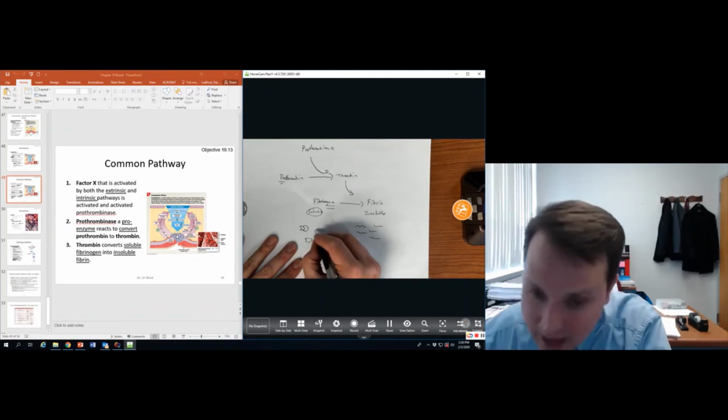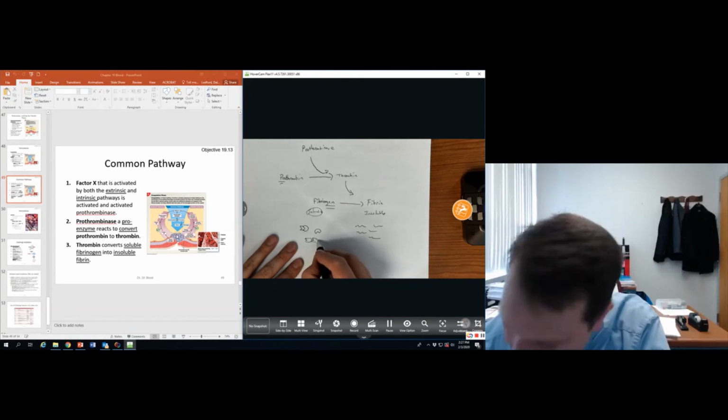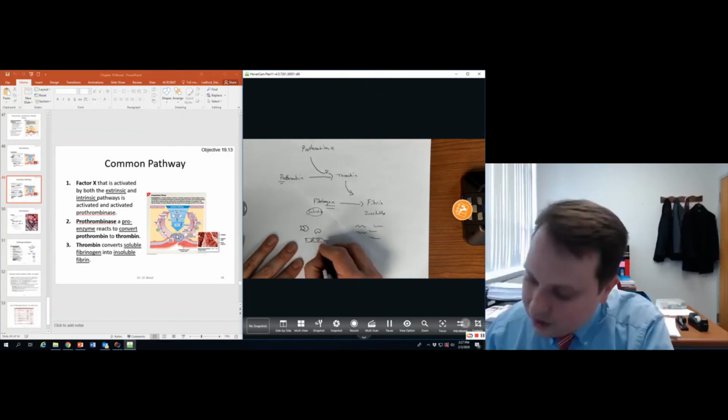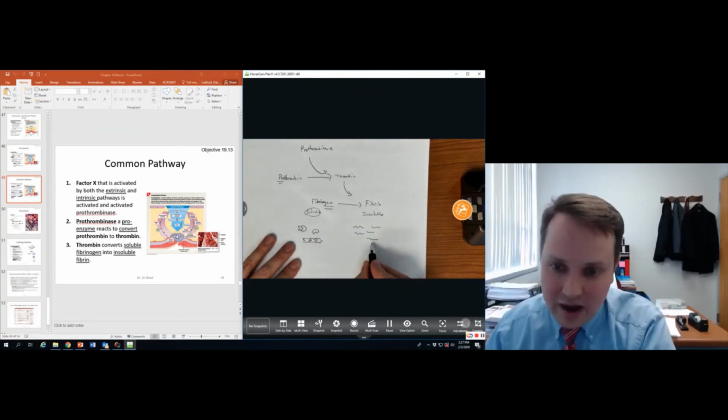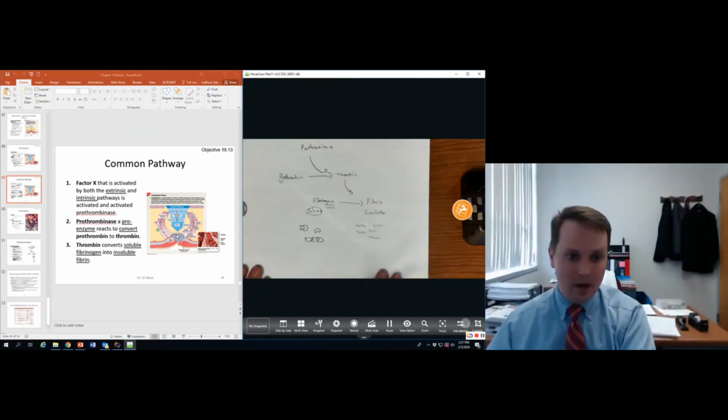That releases, and I can take another activated fibrin and keep chaining them together till I make strands of fibrin that can come in and reinforce the clot. Okay? Now, so